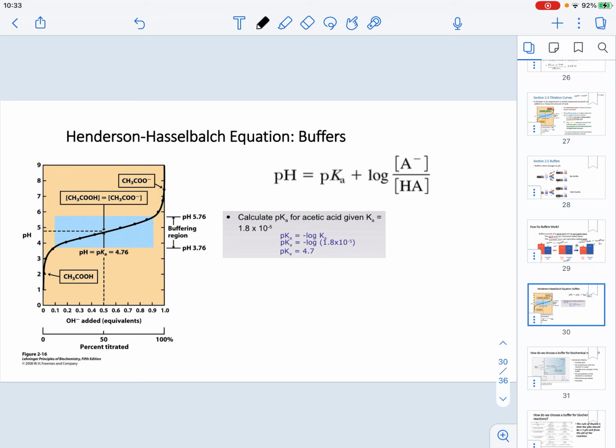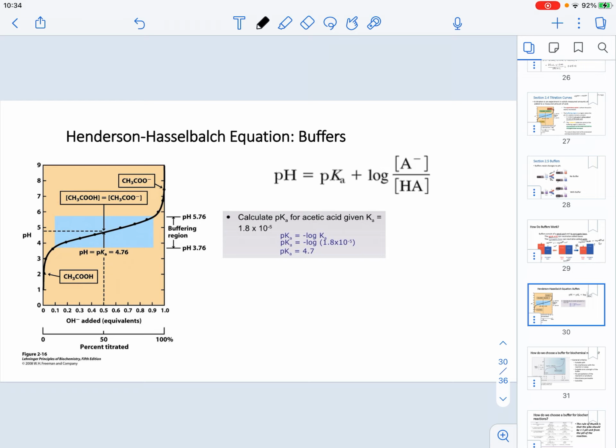So here I'm bringing back the Henderson-Hasselbalch equation, and I'm utilizing as an example specifically the acetic acid titration that we have. I already explained that when it comes to a buffer, we would like specifically equal concentrations of our weak acid